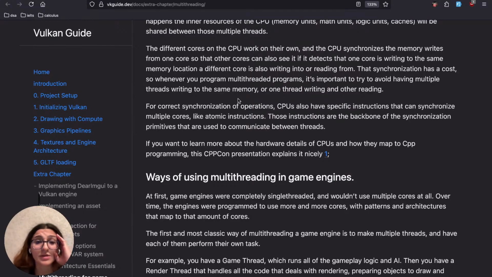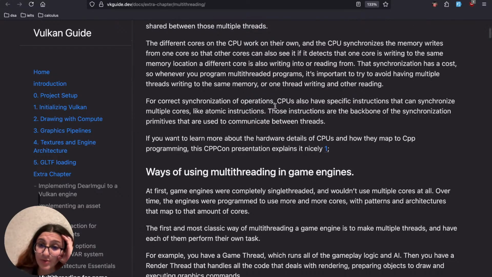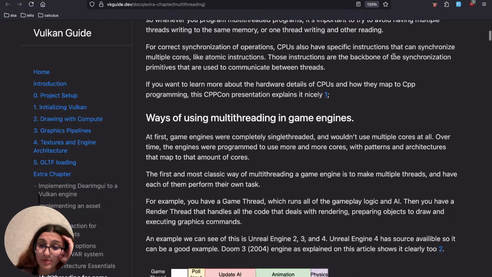For correct synchronization of operations, CPUs also have specific instructions that can synchronize multiple cores, like atomic instructions. Those instructions are the backbone of the synchronization primitives that are used to communicate between threads. If you want to learn more about the hardware details of CPUs and how they map to C++ programming,